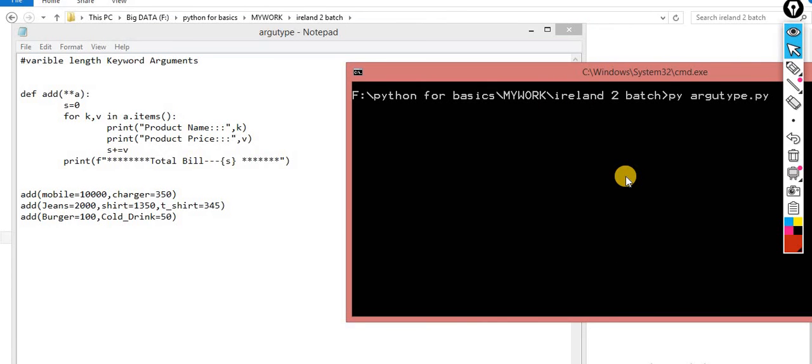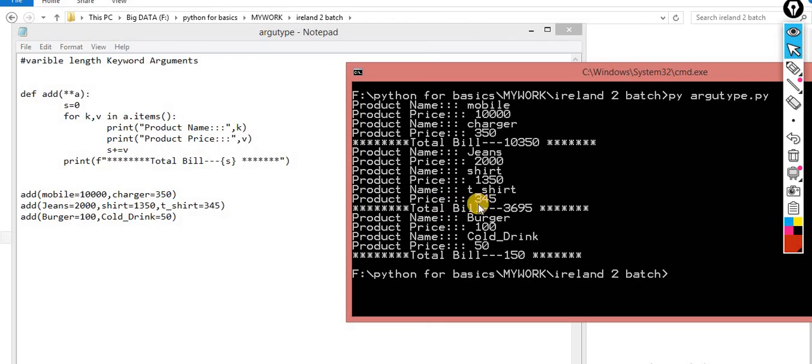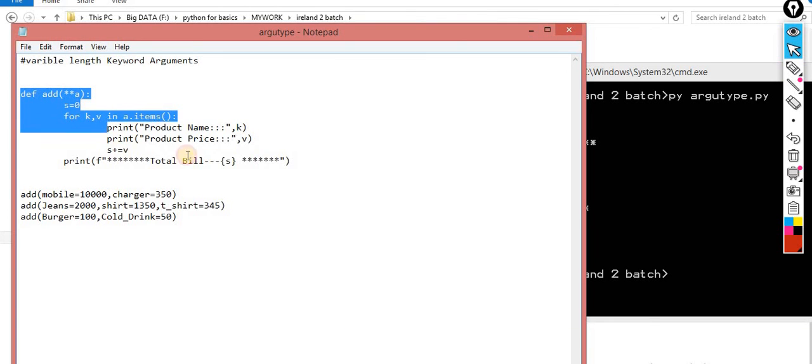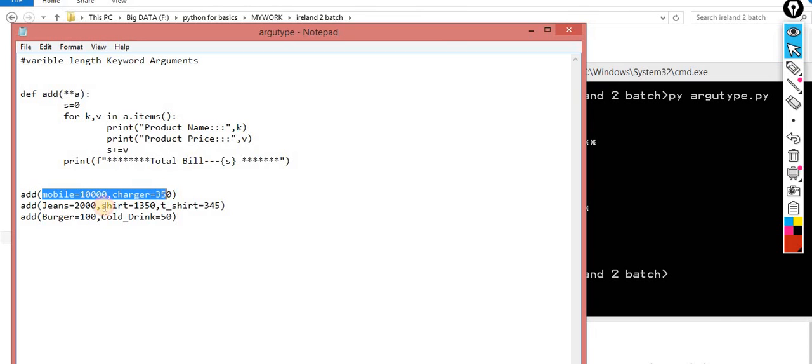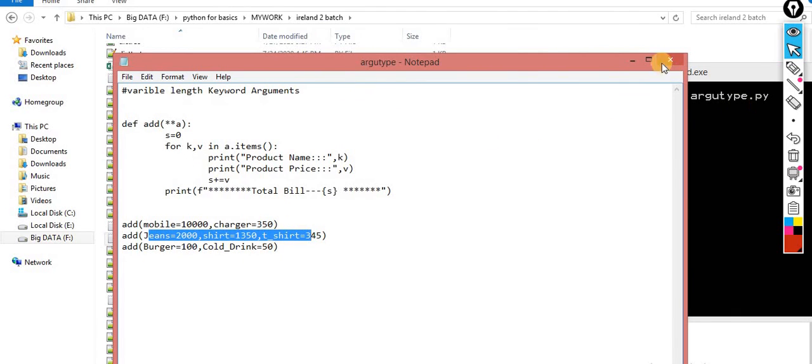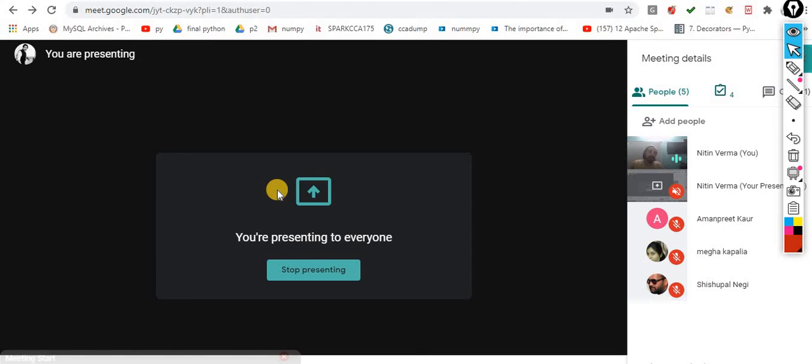So here this will work fine. Now you can check the t-shirts as well. The price is 340 and the total bill is this one. So this is the way. The function is the same, but the list of customers is different, with different products and different pricing. So it will work for everyone. This is the concept, the types of arguments that we discussed. Any question from your side, please let me know before we proceed further. Ask me any question if you want to ask.